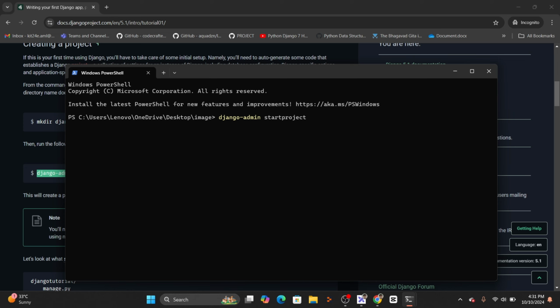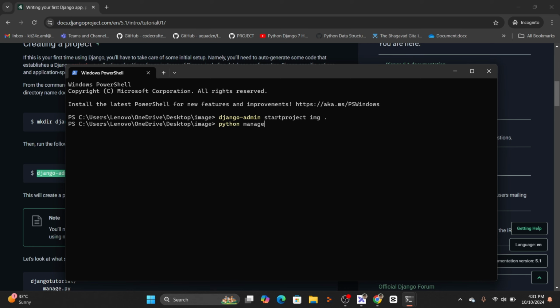First of all, I'll make an image project. If I enter this, it will simply create a folder for me, and then I'll do a cd and write that folder name. Although I do not want to make that, I'll simply go and do this here. It's already created as a folder. I want to